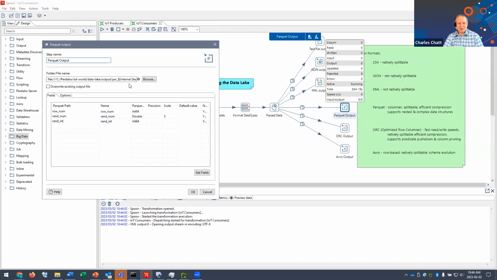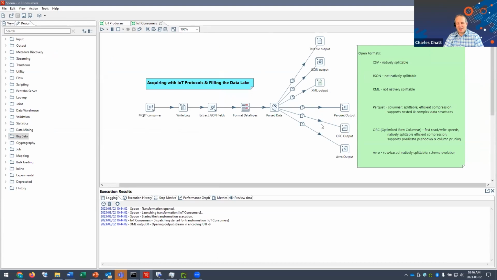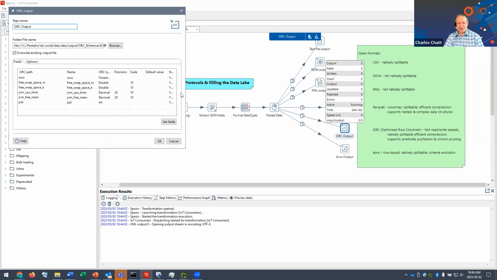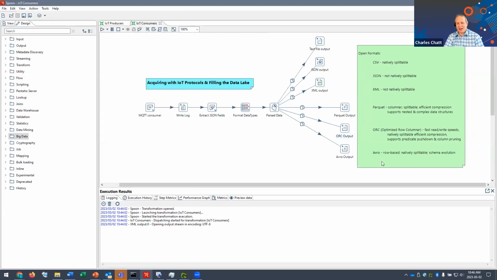ORC. In this one, all of these steps are fully interchangeable. I can take the data stream that I have and, in this case, copy it so that I can go to multiple sources. Then I can spread that around, or I can even load balance that. All right. So in addition to Parquet, we've got an ORC format, and we've got the Avro format.